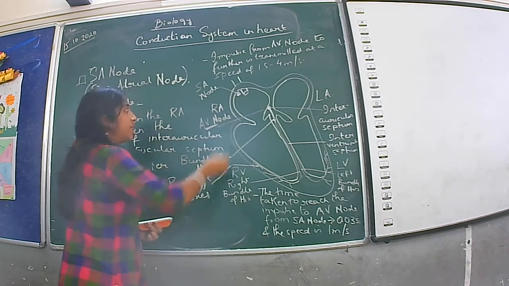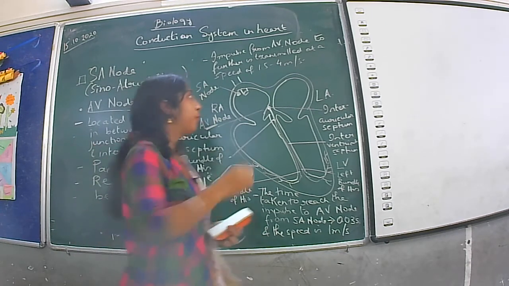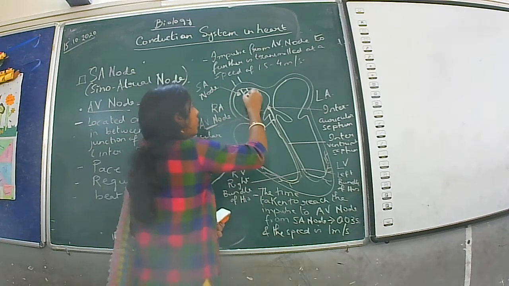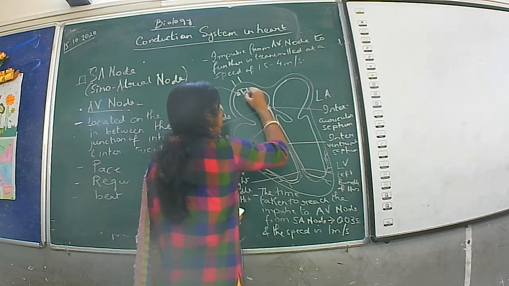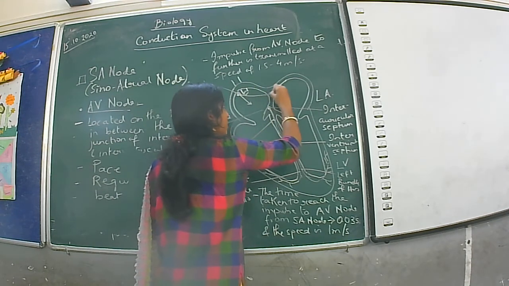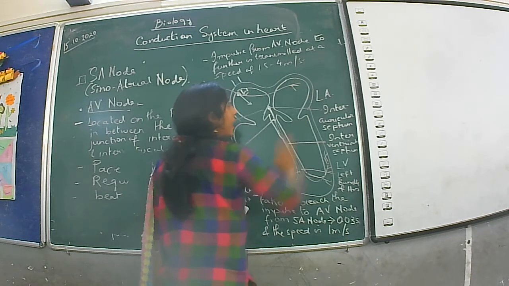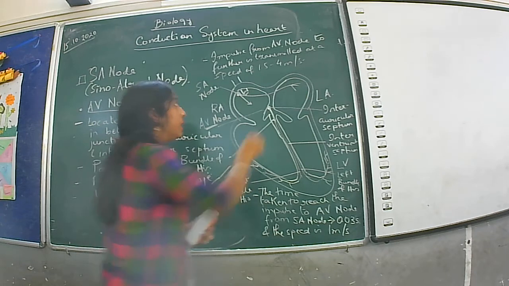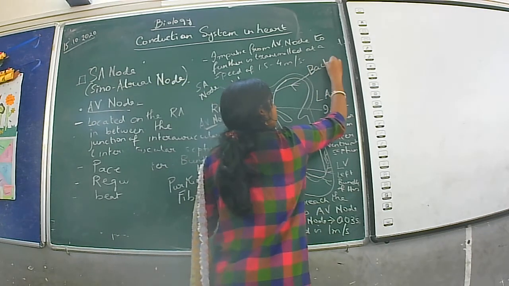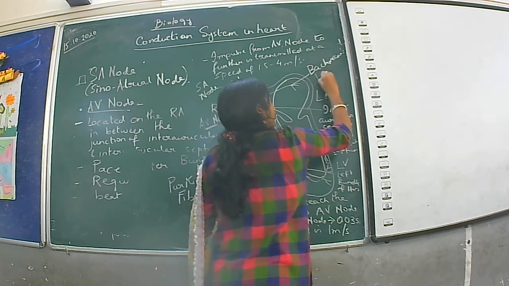As I have said, the sinoatrial node is transmitting the impulse to the right auricle as well as the left auricle. So here, what happens when the impulse is being generated? See, this is the impulse being generated. This impulse which is generated goes to the left auricle, where there is a bundle of fibers present. This bundle of fibers is known as Bachmann's bundle.